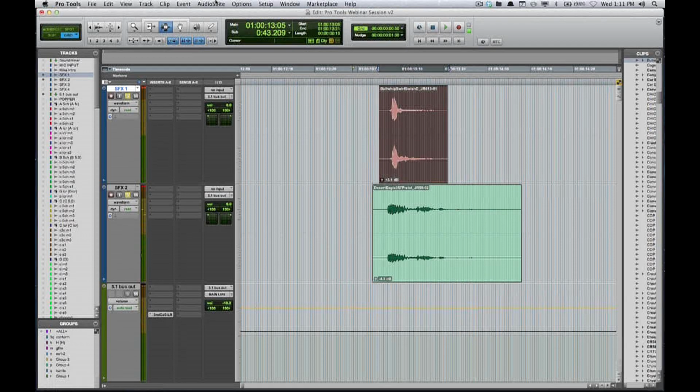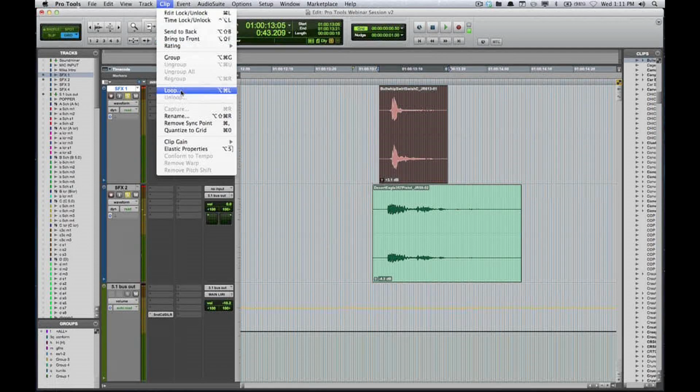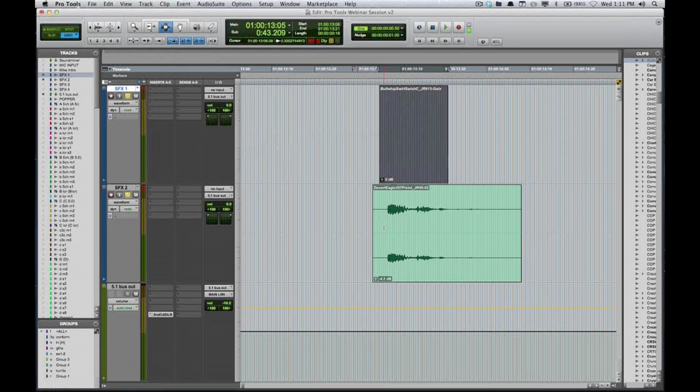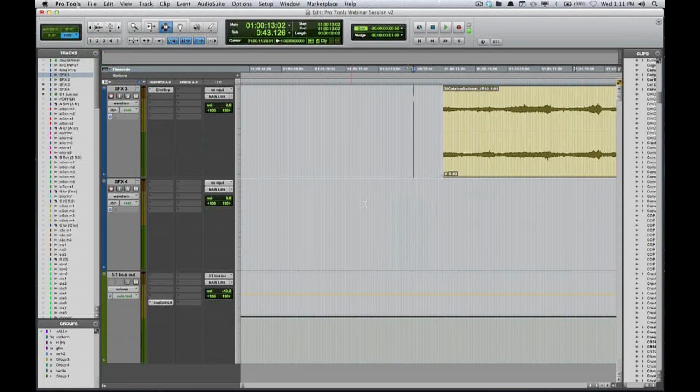You can render this out for export by going to Clip Gain, and then Render Clip Gain, and then you're back to 0. And I can start readjusting again. So that's just a quick rundown of clip gain. Like I said, I didn't use it at first, but I absolutely love it. Actually, I have another example. This one's a little more real world.